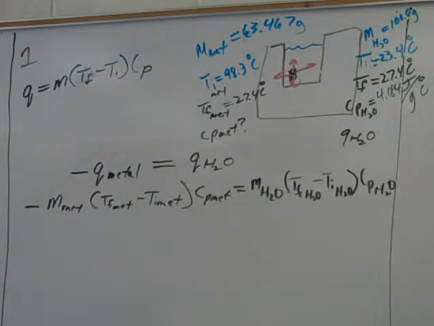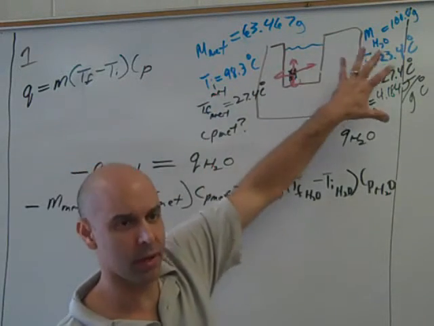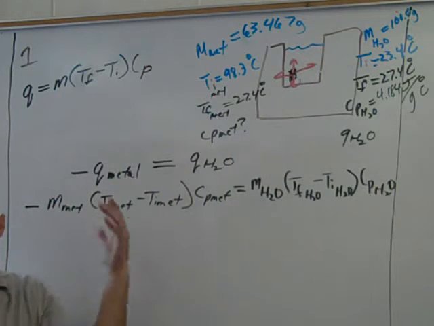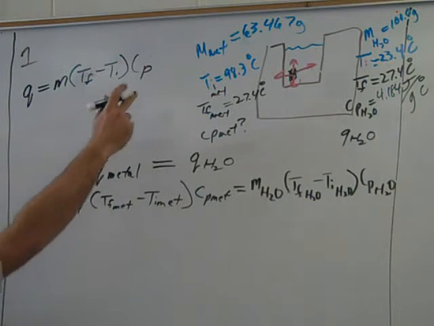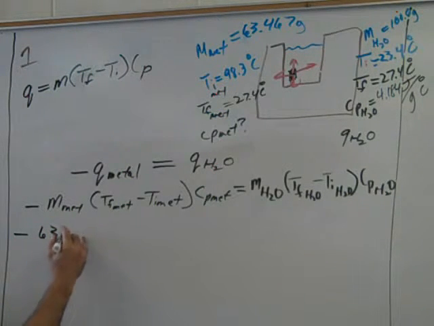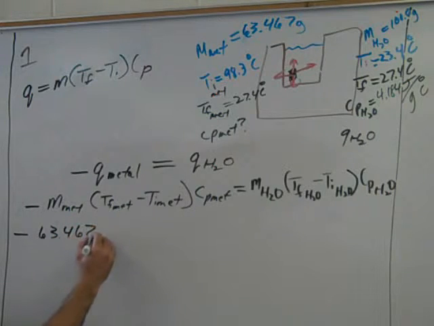Now the reason why I write down all of the information is so that we plug it into the right place. So now we got to plug in our info. So the negative sign, don't lose that negative sign, it's still there. Negative 63.467